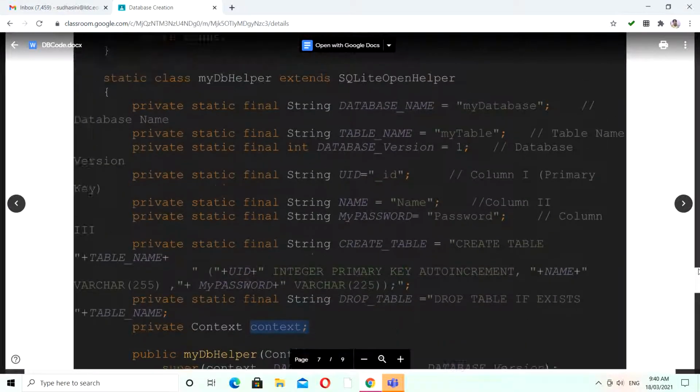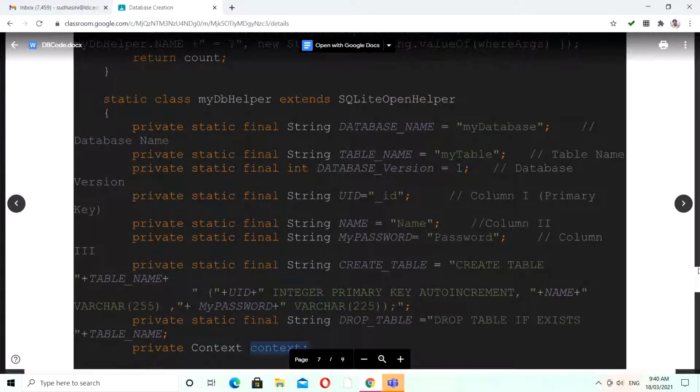In Java you might have experience with the inheritance concept. You can see this MyDB helper is a class, and it extends SQLite open helper. So SQLite open helper is called the base class, and MyDB helper is called the derived class.